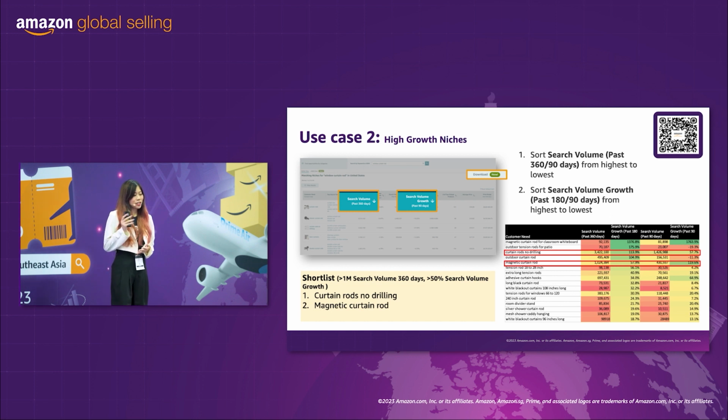The key metrics over here that I would like you to focus on are search volume as well, and then the next one, search volume growth. Again, you can download the Excel sheet and formulate it. You can set your own benchmark as to how much growth you are looking for in order to go into this category. Based on the metrics that I highlighted, I shortlisted curtain rod,